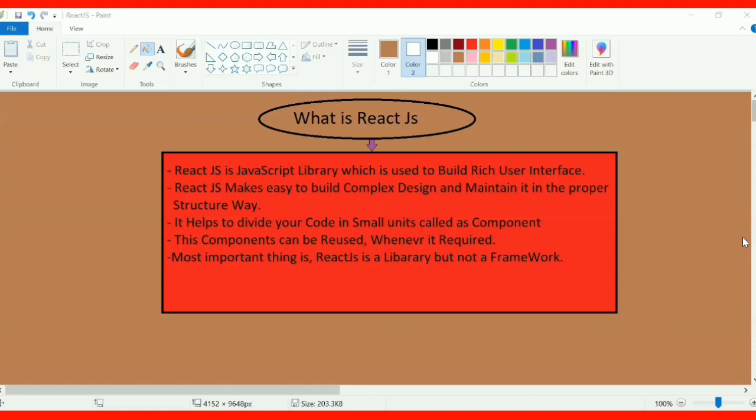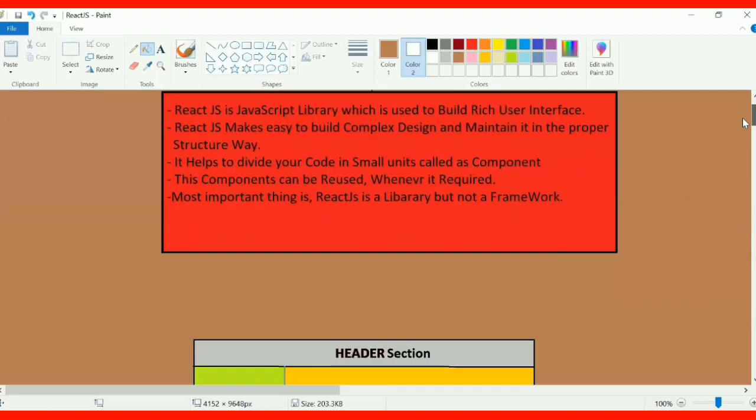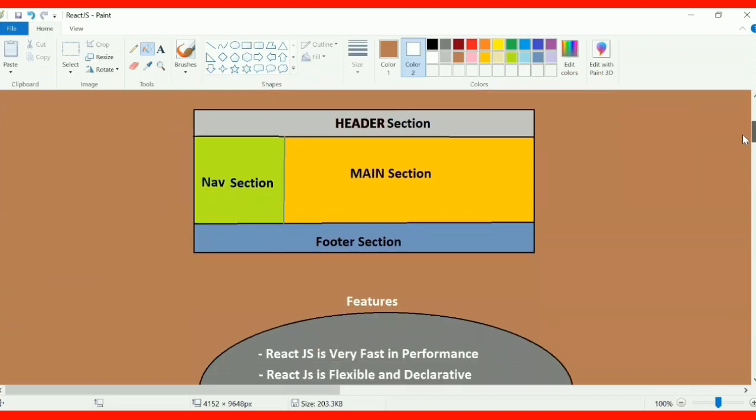If I want to implement or construct this registration form, I require some programming language or some tools, and that tool is nothing but React.js, which internally you're going to use with your HTML and CSS.